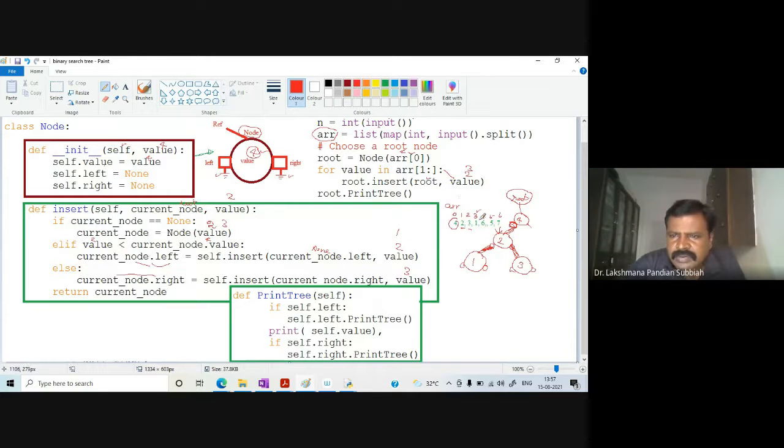Next we are having the value 6. 6 is greater than 4. Now it will call that function with the root node's right. Here, nothing is there. So it is creating a node 6, with its left and right null, and this is assigned to